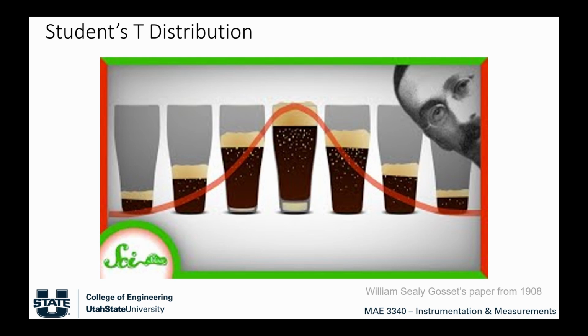And he found a way to correlate or maybe correct the Gaussian curve for samples less than 30. This was a huge finding because now he could take fewer samples and still reliably have a high degree of confidence in his result. And so the reason he published the paper under Student is because he